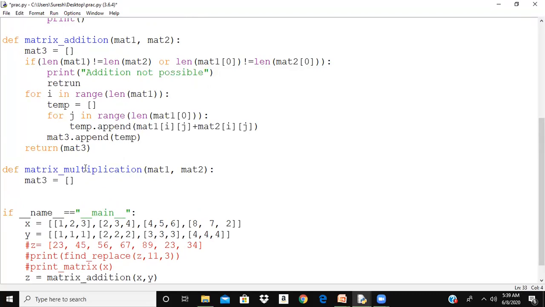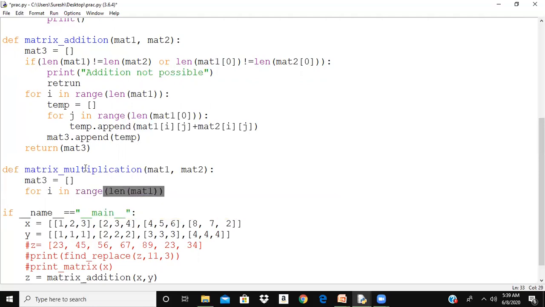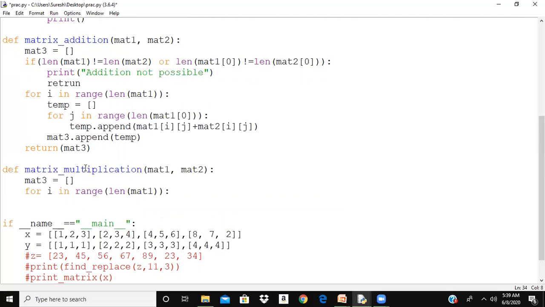Okay. So I need 3 for loops. For i in, I'm thinking about the first matrix and I'm moving row wise, so I want rows of the first matrix. That is range len of the first matrix, mat1, to get the rows. Then the second frequently changing element is the columns of the second matrix.